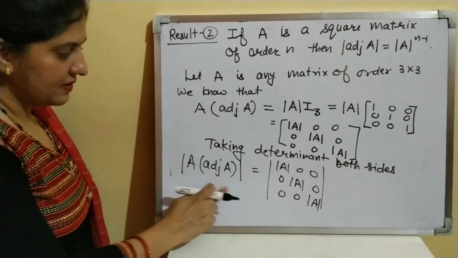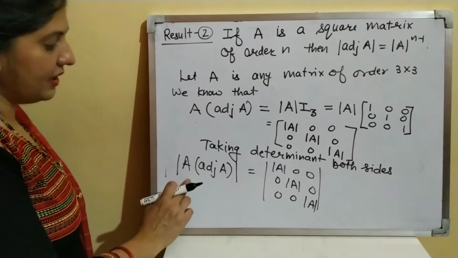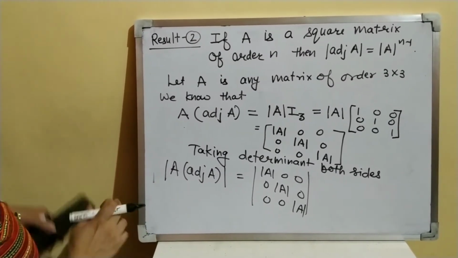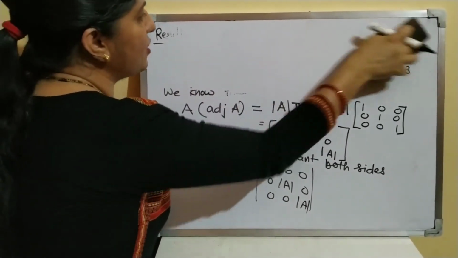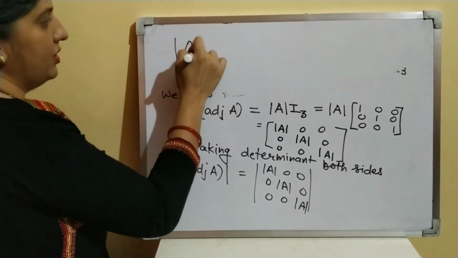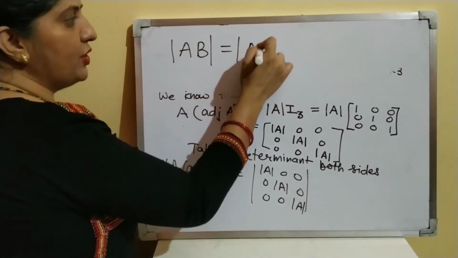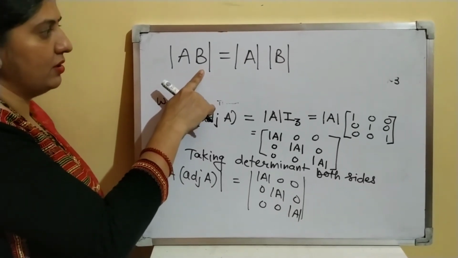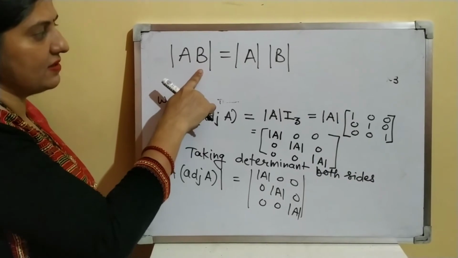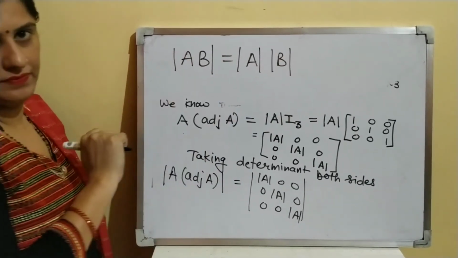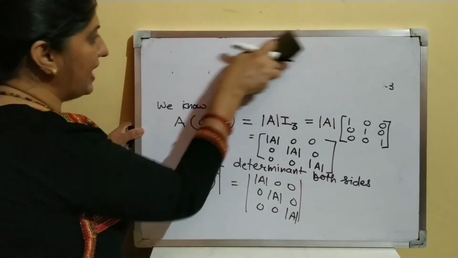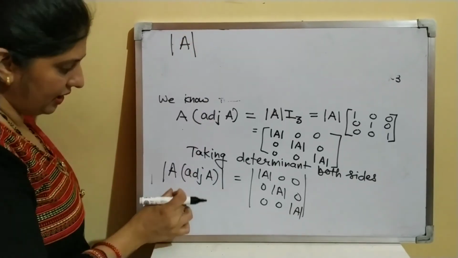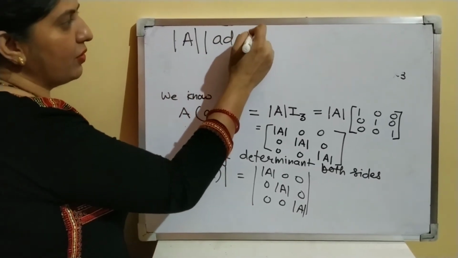Now see the left hand side. Here is the product of two terms, A and adjoint of A, and we know that by properties of determinants, determinant of AB is equal to determinant of A into determinant of B, meaning we can separate the matrices with determinant. So by using this we can write the left hand side is equal to determinant of A into determinant of adjoint of A,